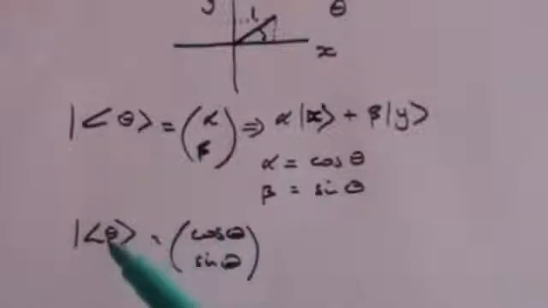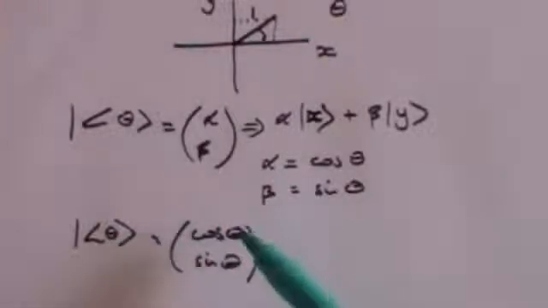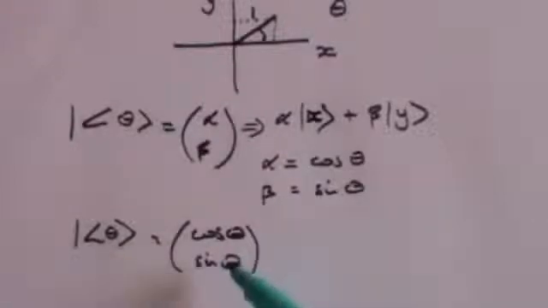So if this is right, we could ask ourselves the question, if you prepare a photon polarized in the theta direction, what is the probability of it going through an x or horizontal polarizer? Answer, cos squared theta. What is the probability of it going through a vertical polarizer? Answer, sine squared theta. And this sounds as though it might be right, because you may recall when we did